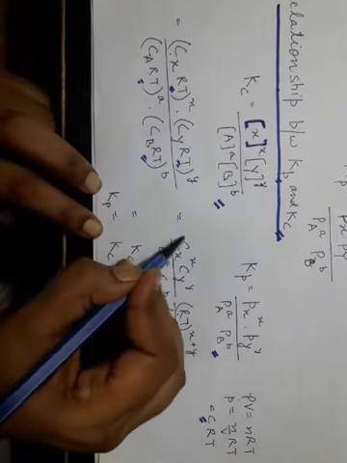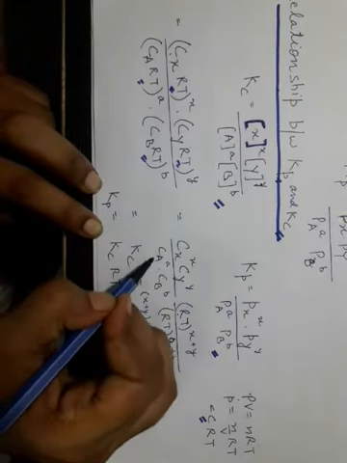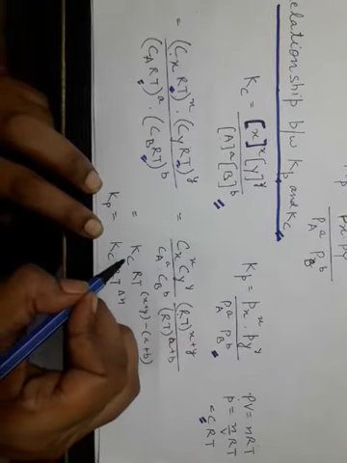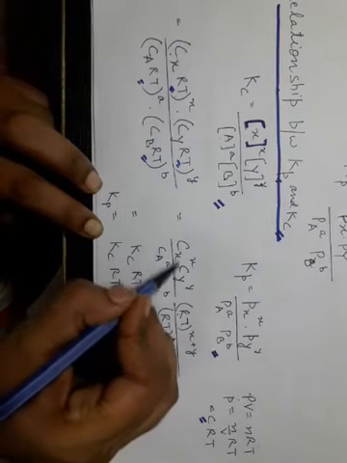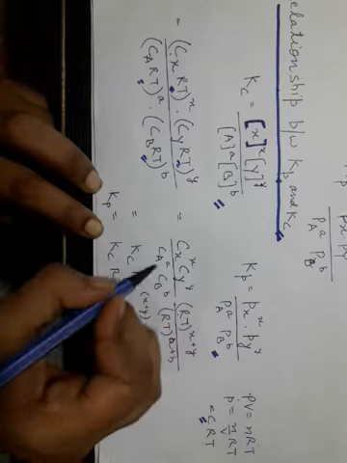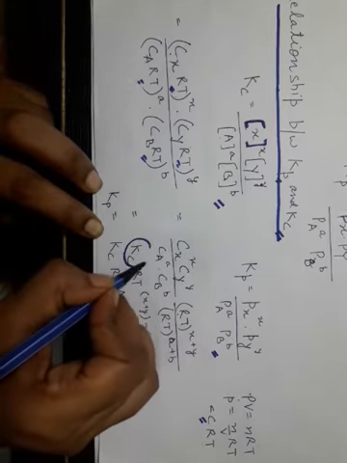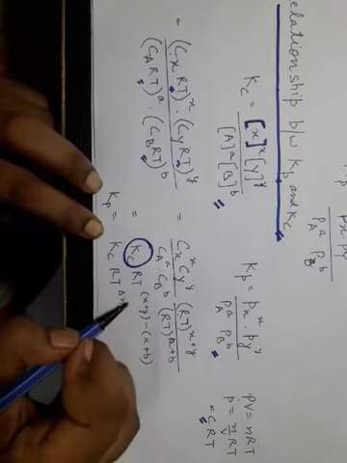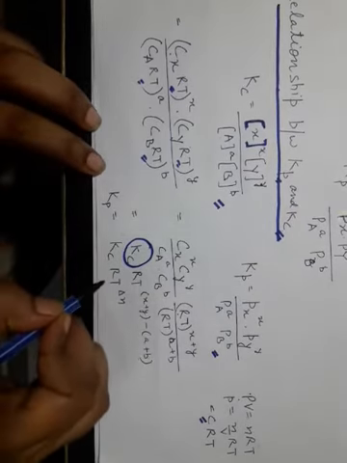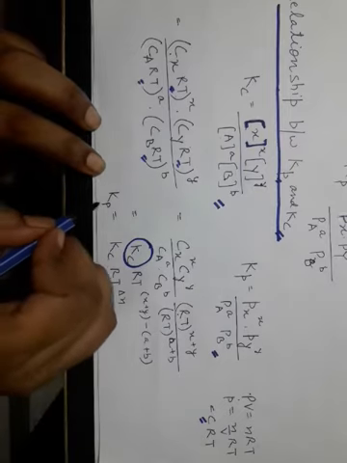So in place of Cx, Cy, Ca and Cb, their ratio we can put Kc, because as we all know, the product of concentration of products divided by the product of concentration of reactants is equal to the equilibrium constant. Again solve this equation and we get Kp is equal to Kc (RT) to the power delta n,